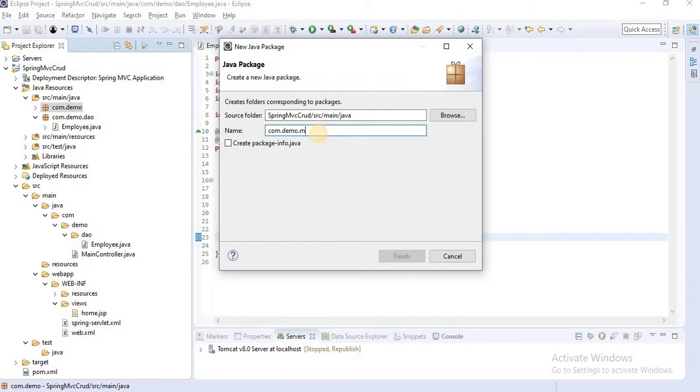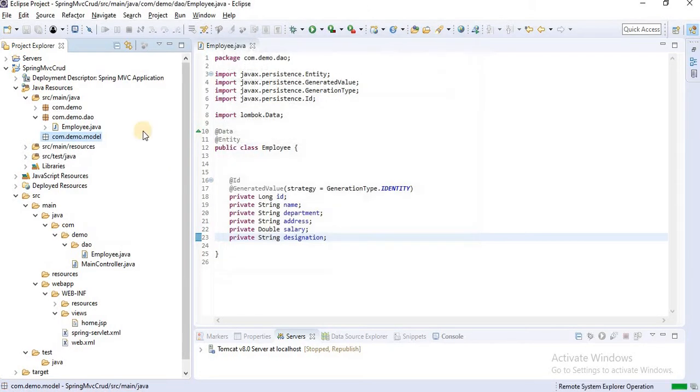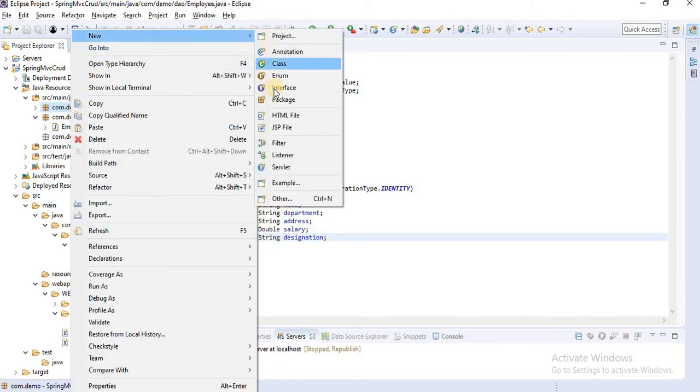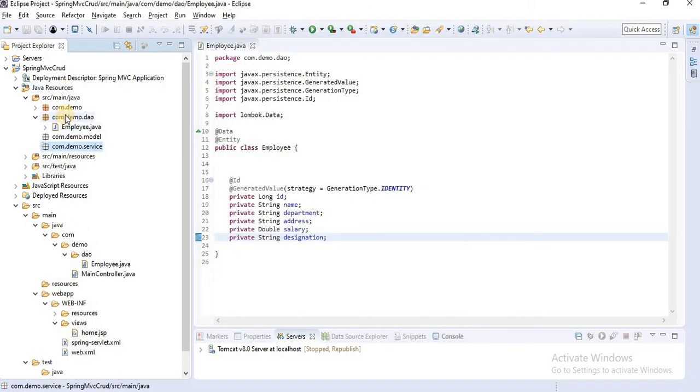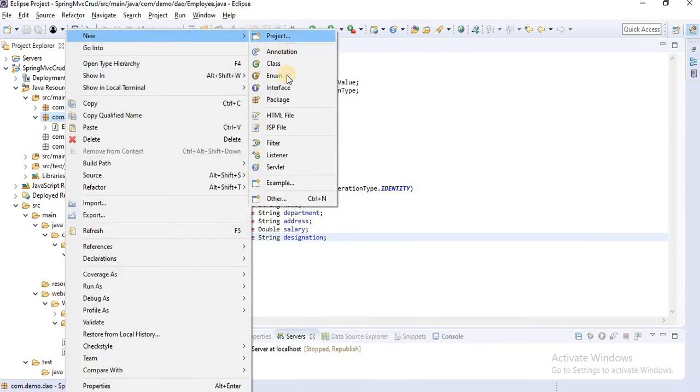Let me create the packages: model, service and controller. These three packages we need: model, then DAO, service and controller.